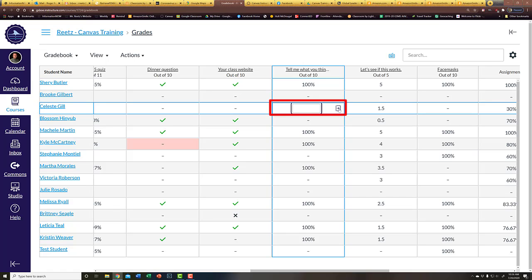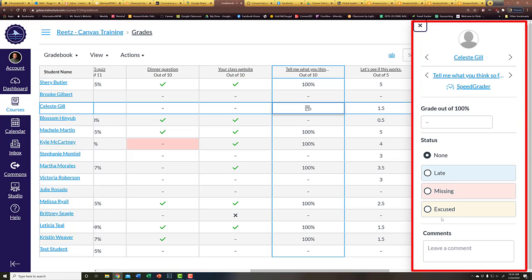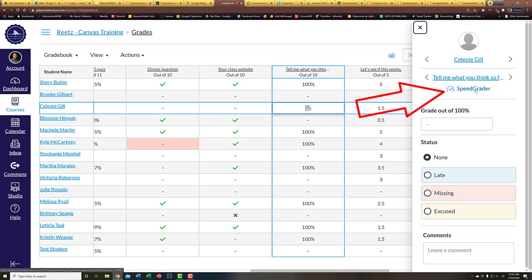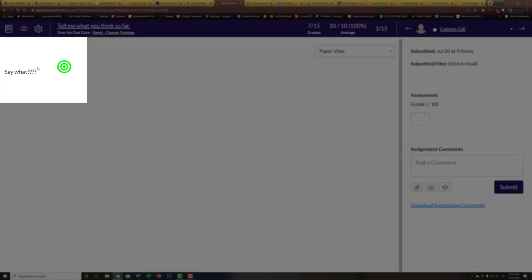To get into SpeedGrader, we're going to click on this arrow right here, and oops, that's not even quite SpeedGrader yet. That just gives you the opportunity to put a grade in, put late, missing, or excused on it, but it does not give you the chance to actually SpeedGrade it. To SpeedGrade it, we're going to click right here, and there it's going to be,